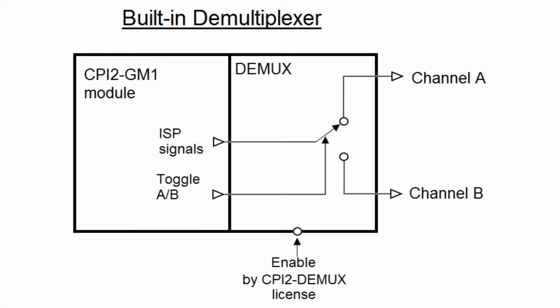Having this license allows the user to double the number of channels. In this case, each half works sequentially, e.g. 2 plus 2, 4 plus 4, 7 plus 7, and so on. The demultiplexer license is tied to the programmer's unique serial number, which is associated with and stored on the programmer's